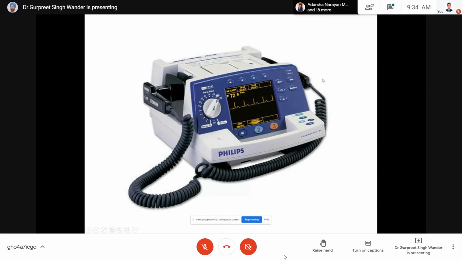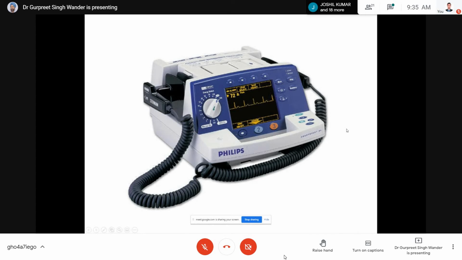You can see here the rhythm, and this is the amount of energy, the current, that we choose to give. And then there are 3 steps. We charge it first, place the pads on the chest wall, and then we press it and give an electrical shock. If it is a ventricular fibrillation, we give a non-synchronized shock. If it is a ventricular tachycardia, where there is some sort of rhythm, then we give a synchronized shock, which is called cardioversion. And if it is non-synchronized, it is called defibrillation.